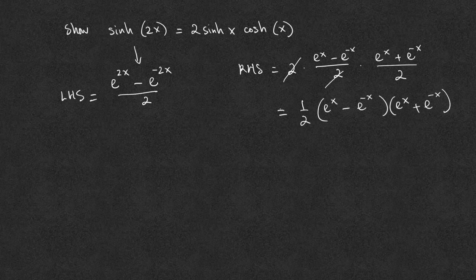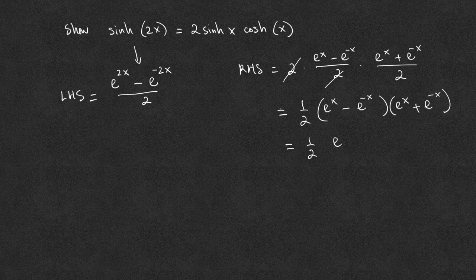We will need to do something to this right-hand side and hope that the left-hand side somehow shows up. We will not do anything to the left-hand side. We only work with the right-hand side once we decide that the right-hand side is what we're going to work with. This is the product of the two conjugates, so we end up with e to the 2x minus e